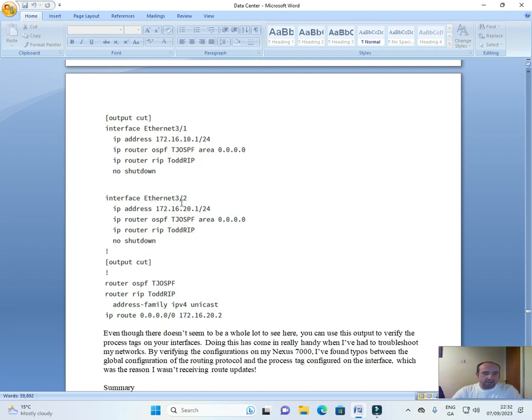Interface Ethernet 3/2, IP address 172.16.20.1/24, ip router ospf TJ OSPF area 0.0.0.0, ip router rip Todd RIP, no shutdown. Output cut. router ospf TJ OSPF, router rip Todd RIP, address-family ipv4 unicast, ip route 0.0.0.0/0